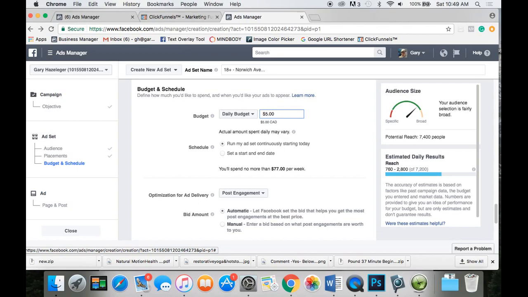That just gives me a good idea. I can run it for 2 or 3 days, not spend too much money, and it'll give me a decent idea after about 2 or 3 days of how that ad is performing. If it's not performing well, I'll just cut it. If it's doing really well, I'll increase that budget up substantially and get more reach that way. But since this ad is actually going to be just for 1 day, I'm probably going to